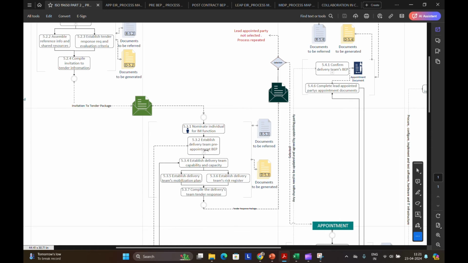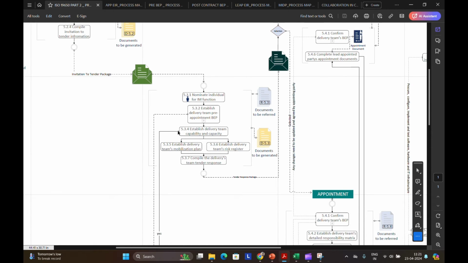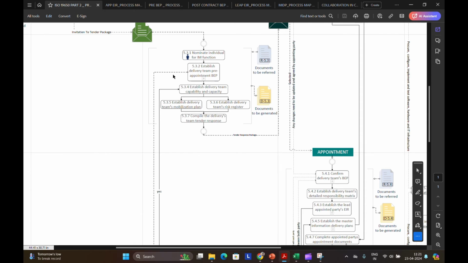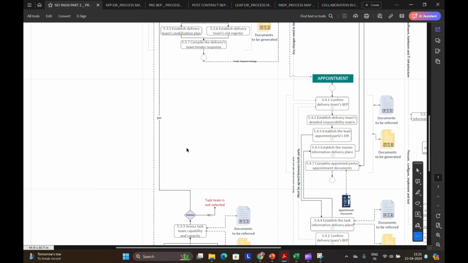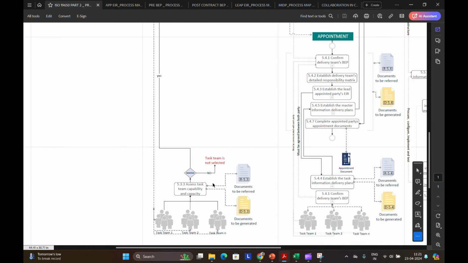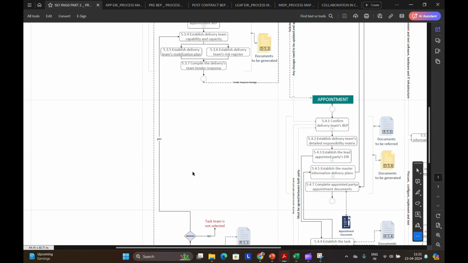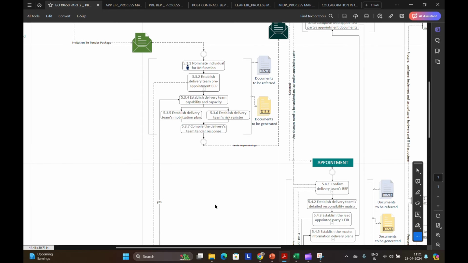So in defining this pre-BEP, they have to finalize all the subcontractors beforehand. All the task teams have to go through an assessment of their capability and capacity. Once they get selected, all the task team names and the list will be included in the pre-BEP.